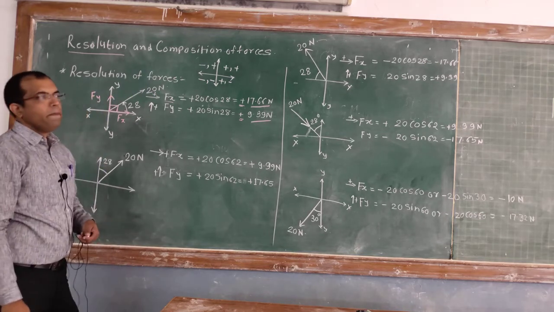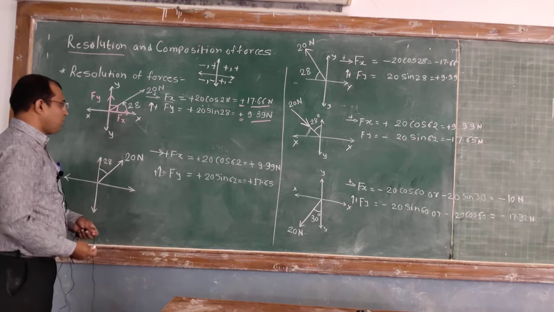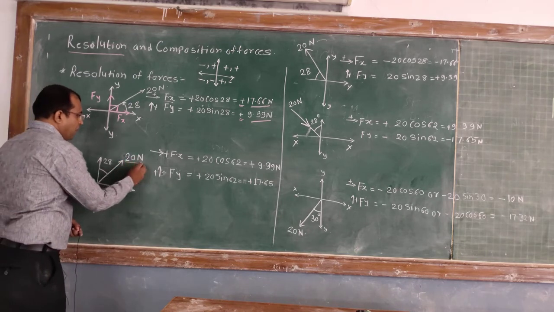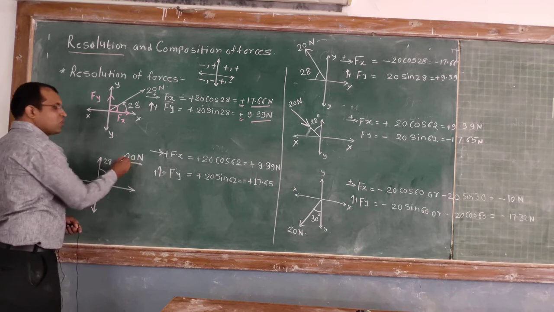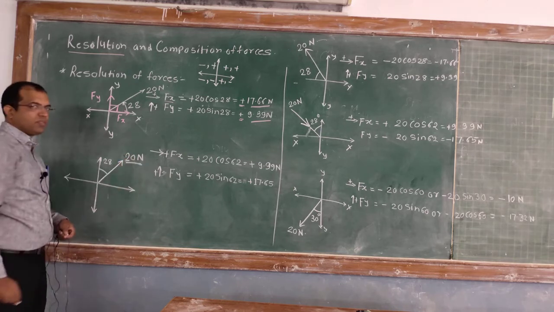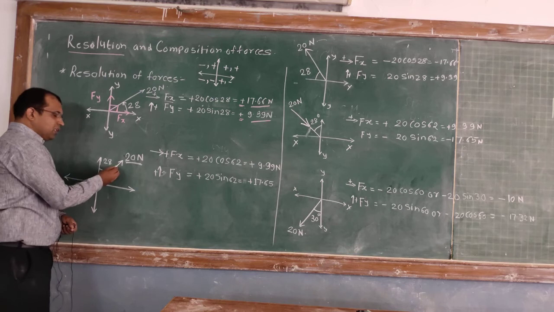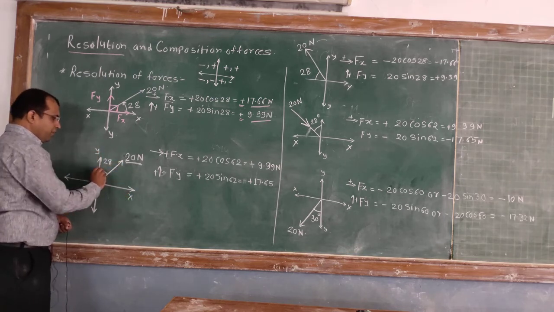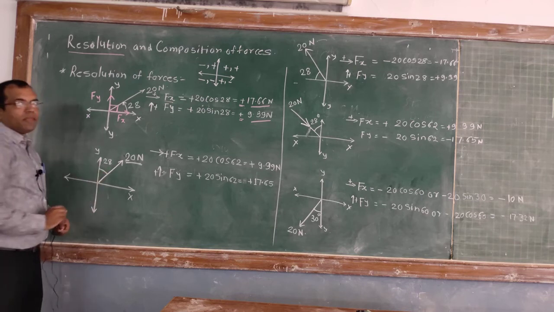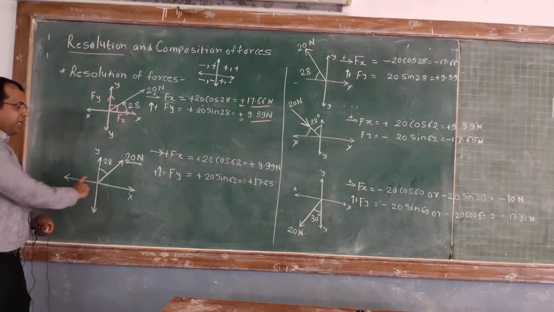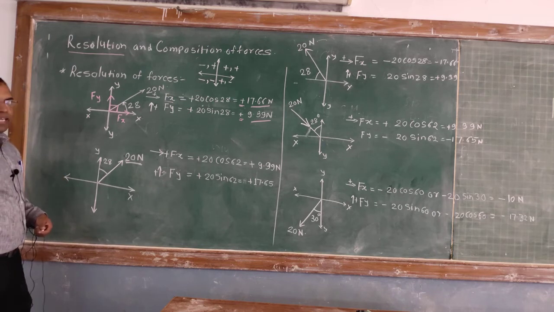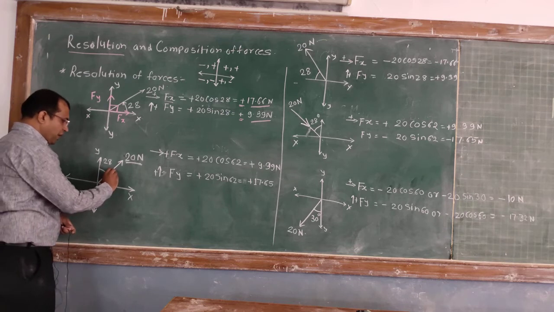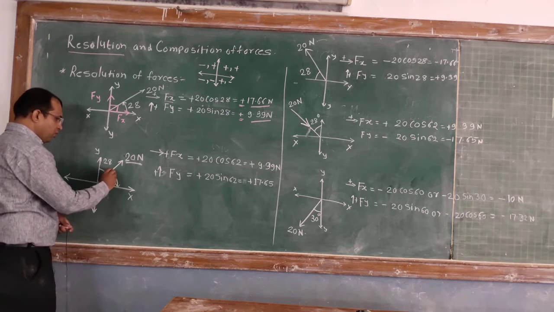Okay, so understood? Let's come to the second problem. In the second problem, I have considered the same magnitude of the force. What is the magnitude? That is the quantity, 20 Newton, is the magnitude of this force, and now instead of the x-axis, the angle is given with respect to the y-axis. Now in this case, you have to take care that we must find out the angle made by the force with respect to the x-axis. This angle we have to find out first. So what is this angle?